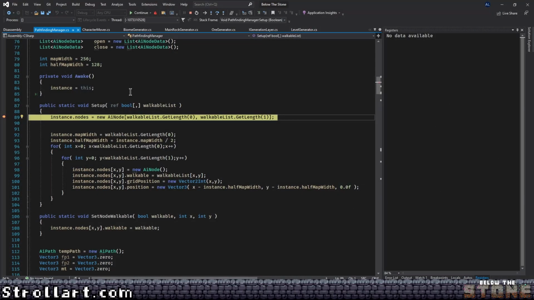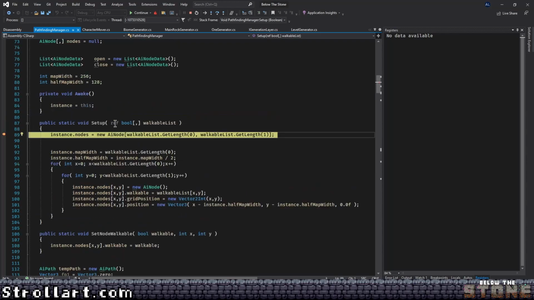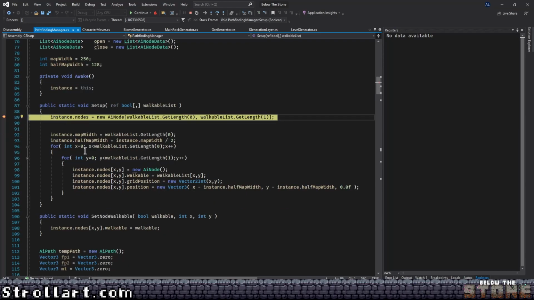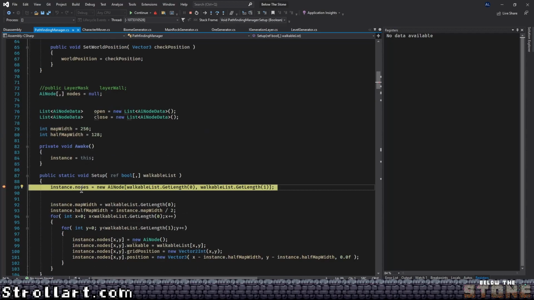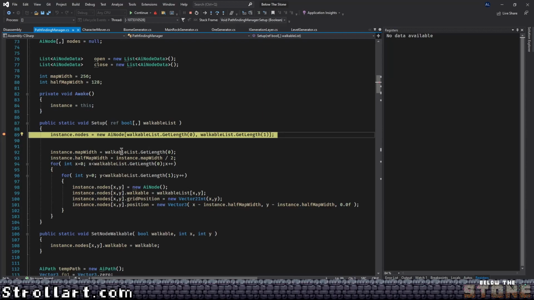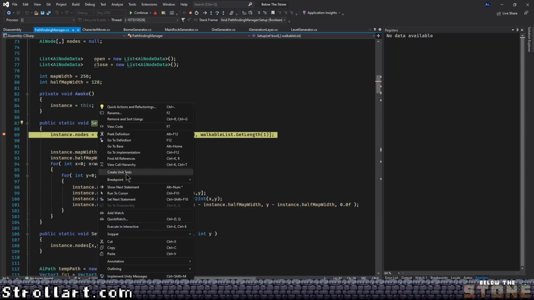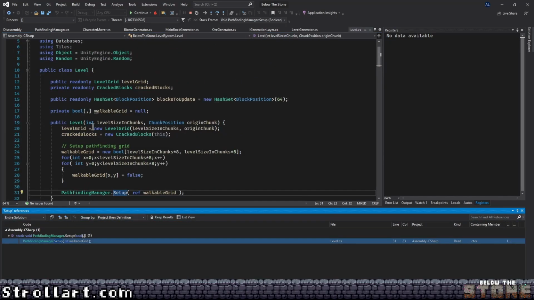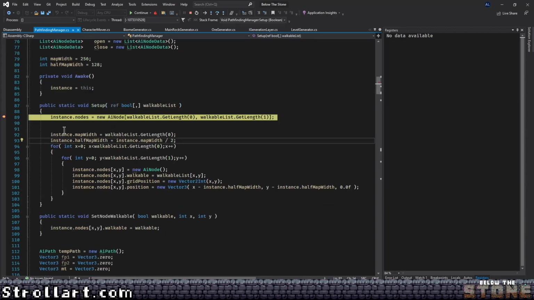But if I look at the breakpoint here, you'll see instance is not null, so it's been initialized, which kind of feels weird, but it's just how it works, I guess. And nodes is null, of course, because we just got to this point. This is happening because we're generating the level, right? If you go back, you'll see this is a part of initializing the level, so it makes sense. So that line of code, once we run that line of code,